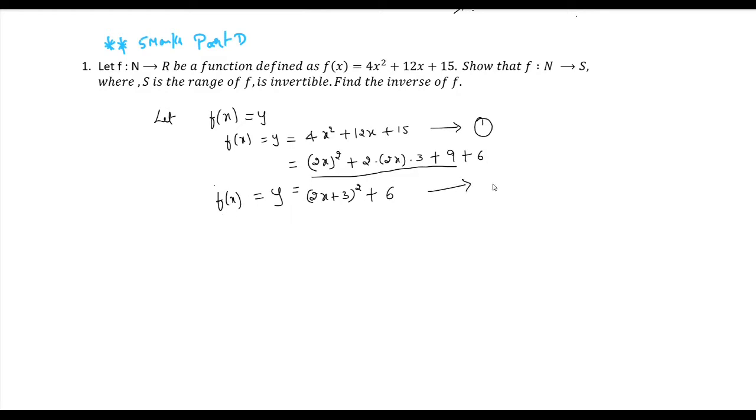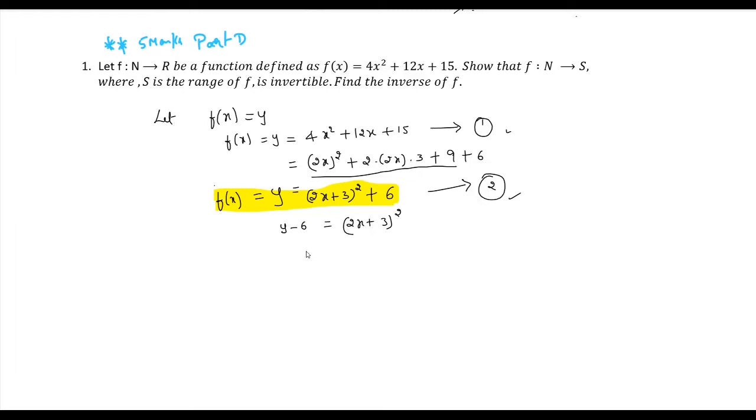Now, in the LHS, this is equal to y, which is also equal to f of x. Let us call this equation 2. If you check, equation 1 and equation 2 are both the same, but there is a small change in the form after completing the square. So, whenever I have to use f of x, instead of using equation 1, I will use equation 2. Now, let us simplify this for x, which will be y minus 6 is equal to 2x plus 3 whole square.